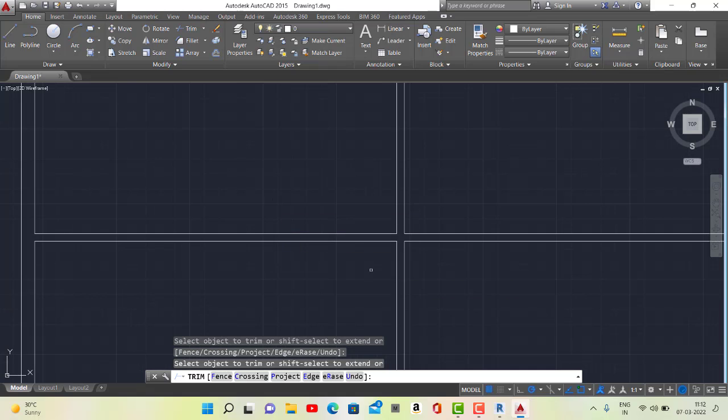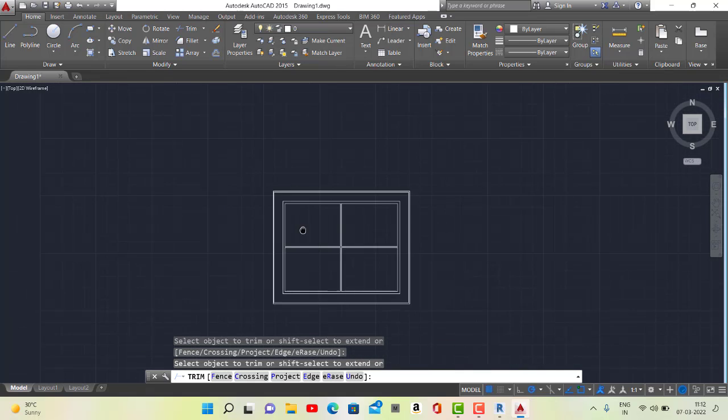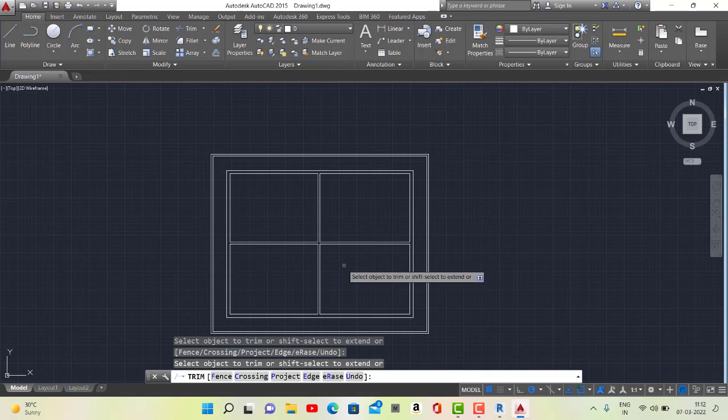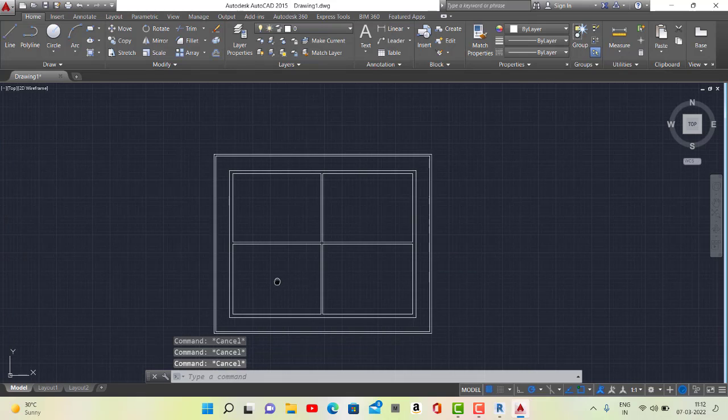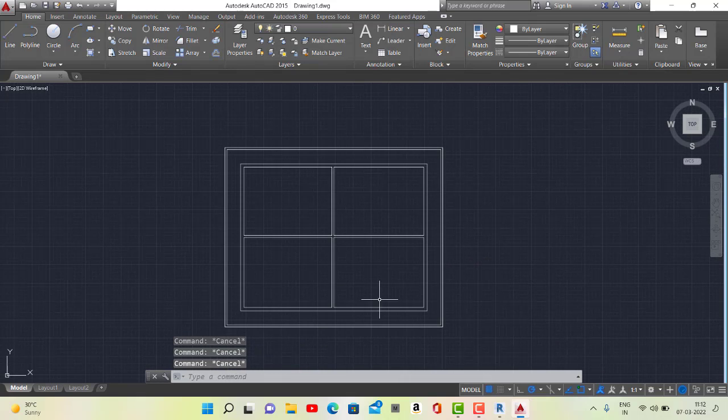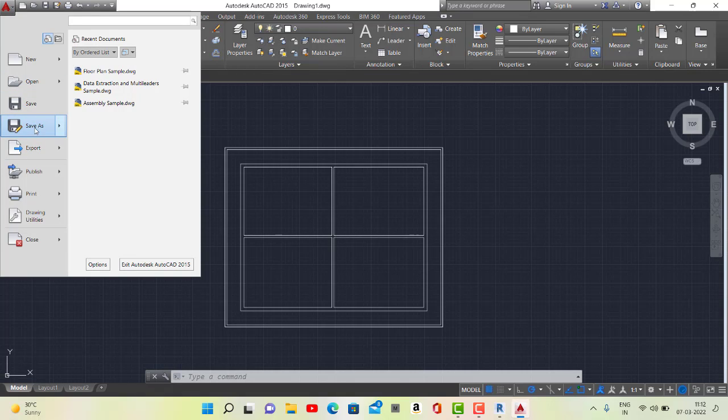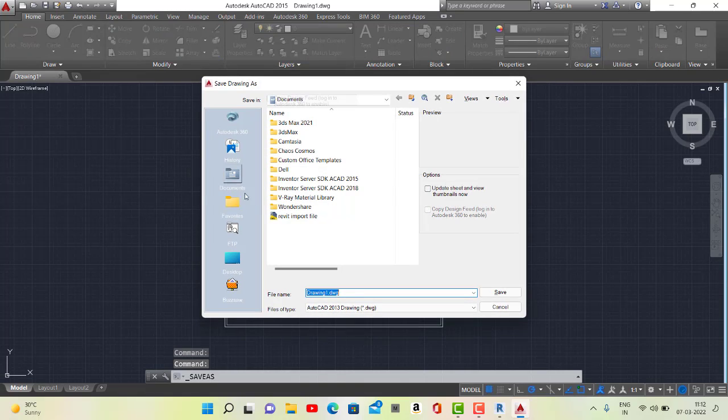The trim was completed, you can see, check it once. Okay, the trim was completed for this, and next we should save it as a, okay, we can save it and go further here, click on save as